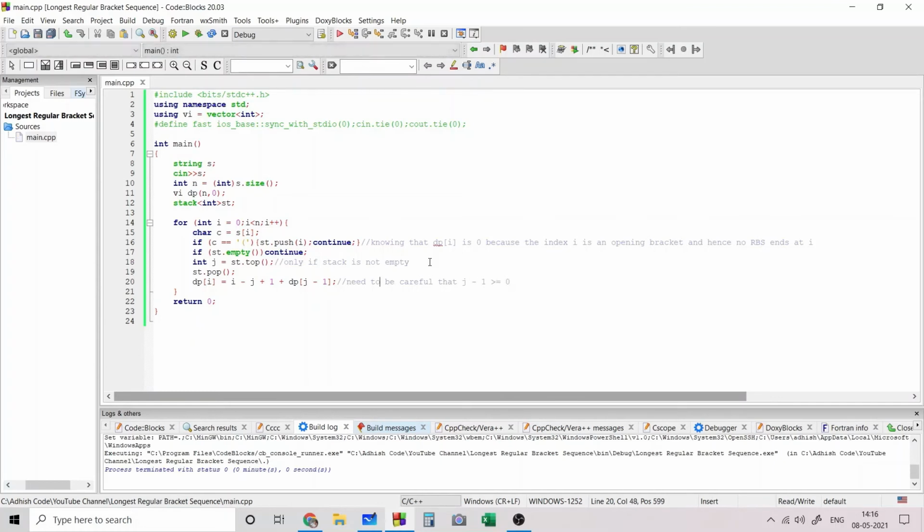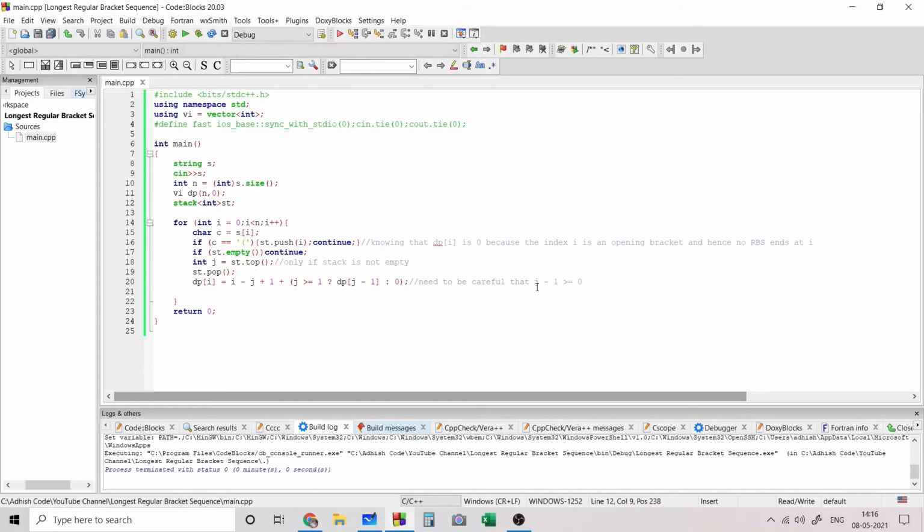So that's why I would remove this over here. I mean an easier way to do this is just, if j is greater than or equal to 1, then we put dp of j minus 1, otherwise we put 0. So in one line we have taken care of the condition that j minus 1 is greater than or equal to 0. And so this would be our dp of i.